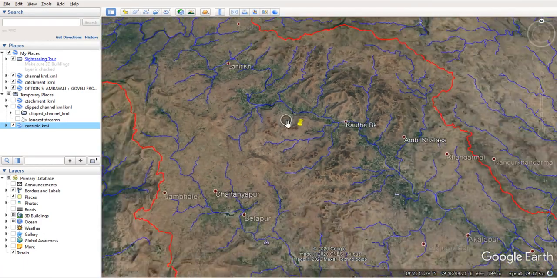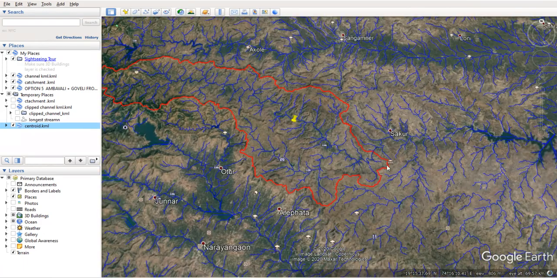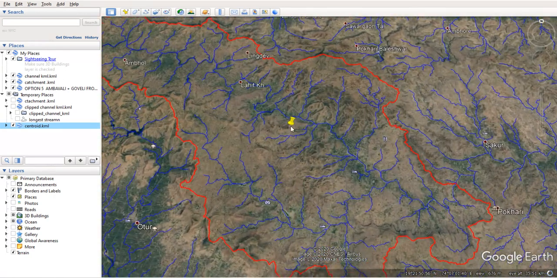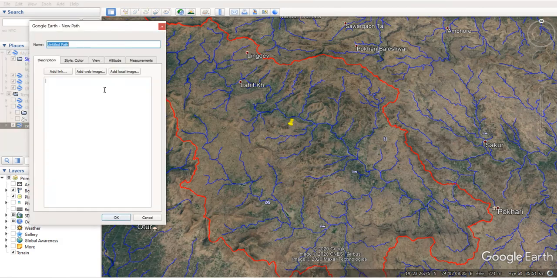Now we can easily take the length up to the centroid, called LC, which we need for our synthetic unit hydrograph method. Also the elevation: if I draw a line, say this path, I'm drawing it arbitrarily, but you can draw it accurately.